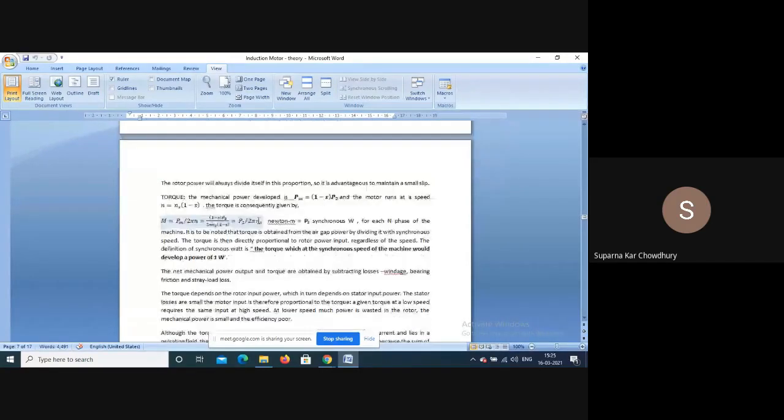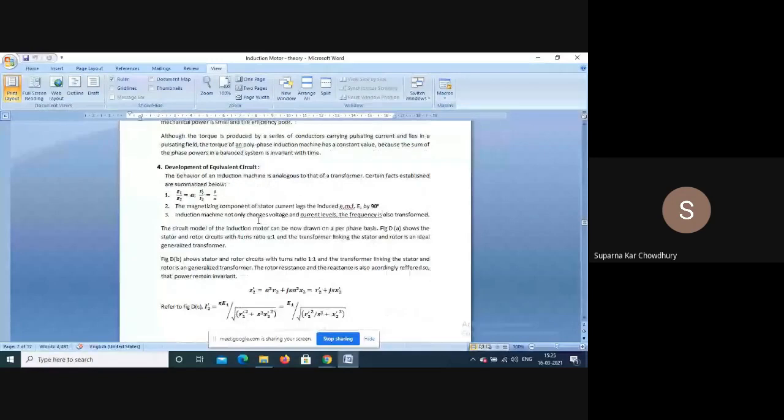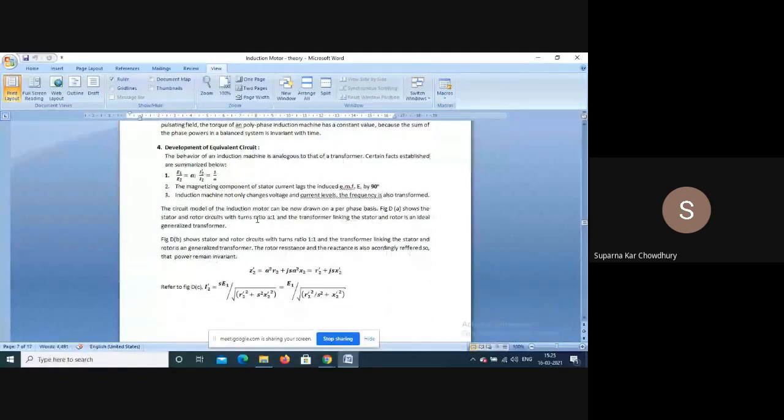Now, next we will develop the equivalent circuit from this phasor diagram. Now, an equivalent circuit is a circuit representation, a circuit consisting of passive elements, that is inductance, resistance, etc., which will have the same phasors as we have represented earlier. So from the phasor diagram, we have